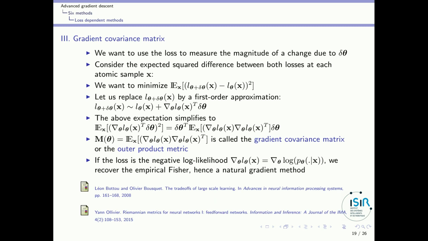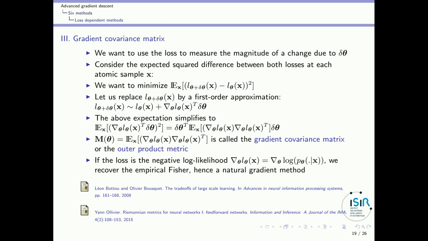independently from each other. So we take all samples and we will minimize the loss at that particular sample minus the loss using delta theta at the same sample. Okay, and we will take the expectation of the squared differences for the different samples. Again, if I take this expression and I take a first order approximation, I get something like that. Okay, and I can simplify it, finally getting that particular matrix.